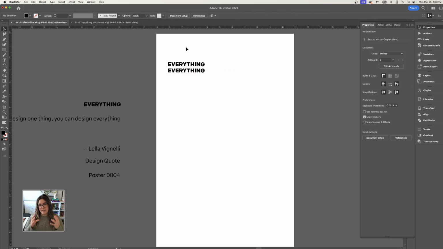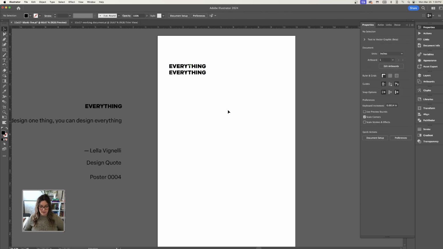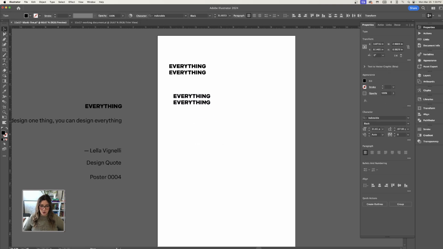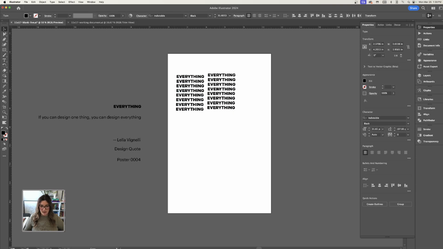Now, I want to create a pattern of everything, but I want to have a lot of control. So I won't go into the pattern feature. I'm going to make it myself. I just want to repeat this. You can either copy and paste, or if you select everything and hold your Option key and slide down, and I believe it's Alt on a PC, see how you can